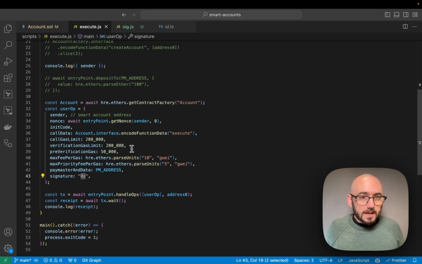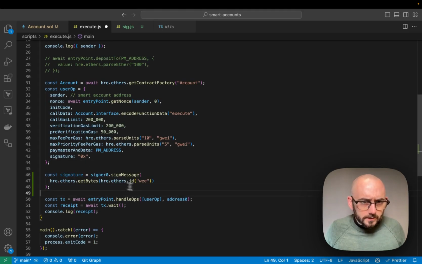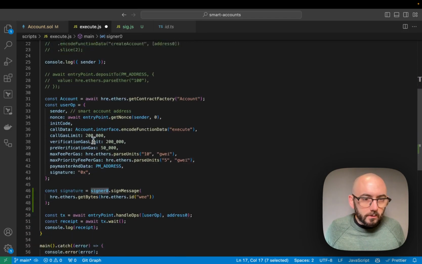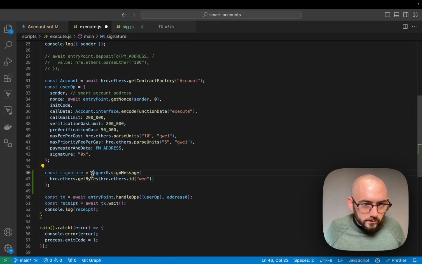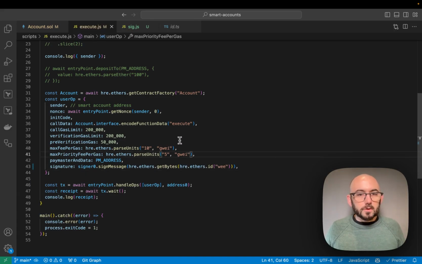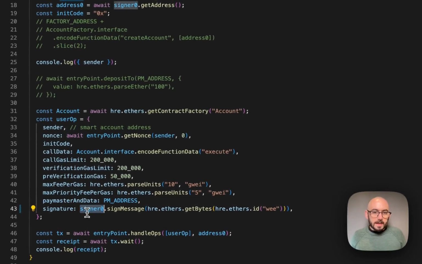So in our execute now, we need to change the signature. It's going to be this signer0.sign message. Signer0 is also the name of my signer0 up here, I use the same one. So I'm going to do signer0.sign message, take all this stuff out and put that in here. And that should be all we need to do to pass that signature along. And now we should be able to execute a user operation where only signer 0 could sign that message and we can